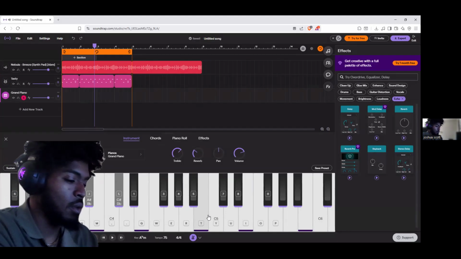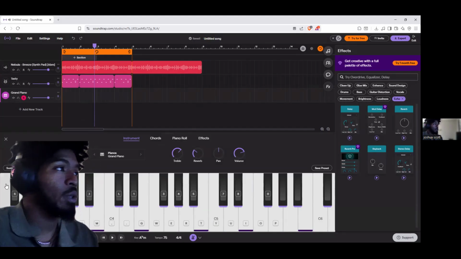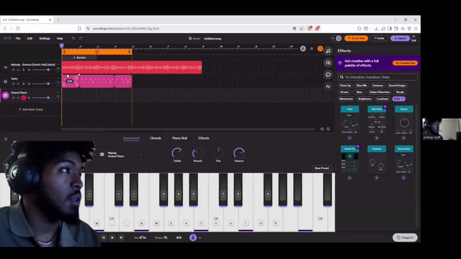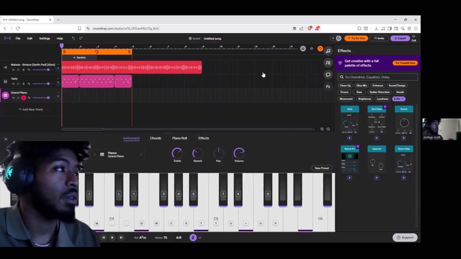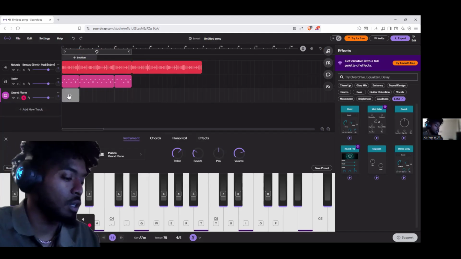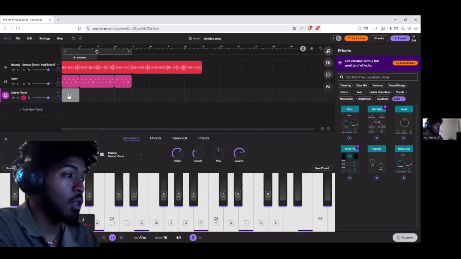Maybe we could do something like that. And the good thing about this is, as it is in here, sorry. I am trying to find the count-in button, which is down here on the left hand side. It will tap you in, and as it counts you in, you can just let it play out, and whenever you're ready to play,